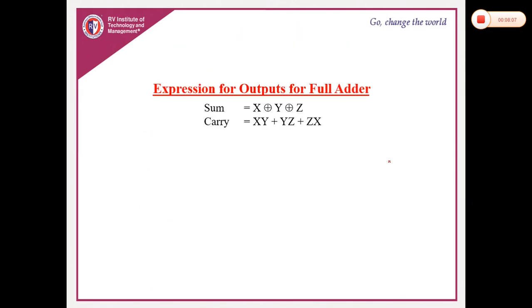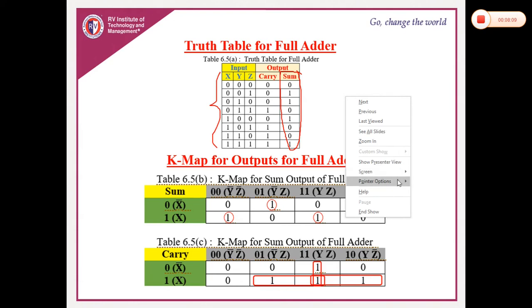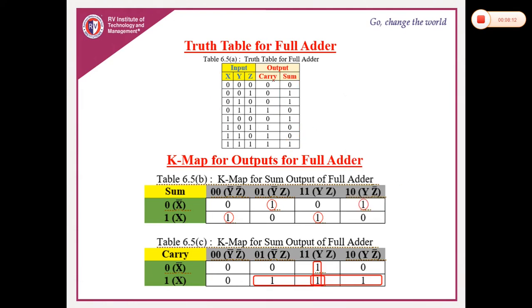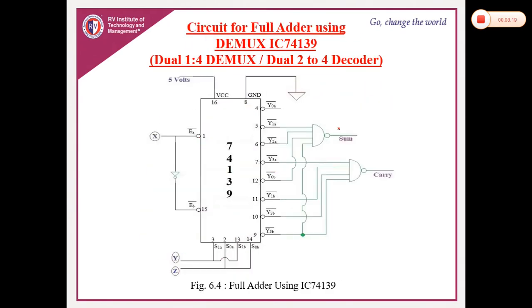So where is carry expression for full adder? So this is full adder truth table. So it is 0 0 0 1 0 triple 1. Please remember this. Okay, then I'll go to the circuit. It is nothing but 0 0 0 1. Okay, I need this input. Then 0 triple 1. So I need all these triple 1 inputs. So I require 11th pin, 10th pin and 9th pin. So these 4 inputs I need for one more NAND gate, and whatever I get is carry output.